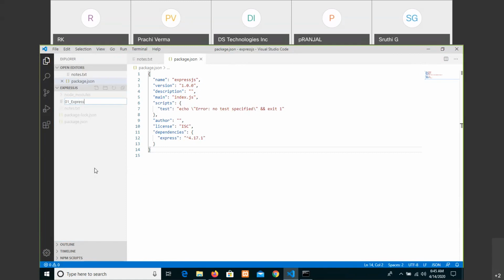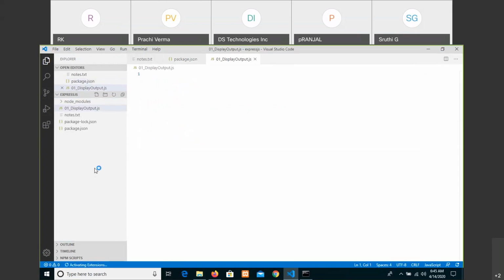Express display output dot js. Just as we wrote two statements in MongoDB, which are prerequisites to work with the connectivity of MongoDB, the same way here we have to write two things.